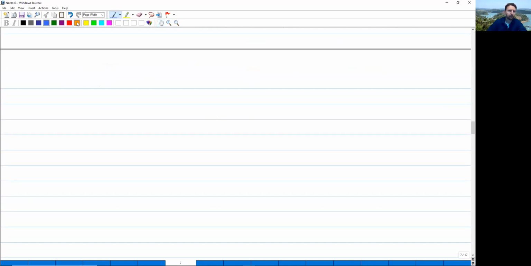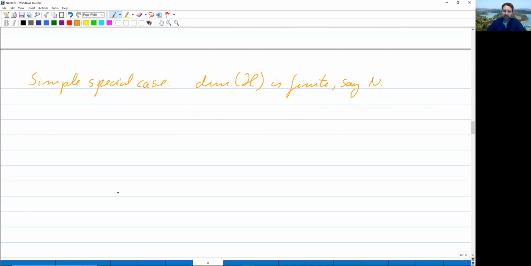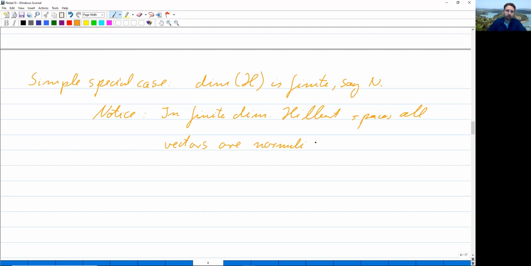The dimension of the Hilbert space is finite, say capital N. Well, we notice that in finite dimensional Hilbert spaces, all vectors are normalizable, trivially, because they all have finite length. And therefore,